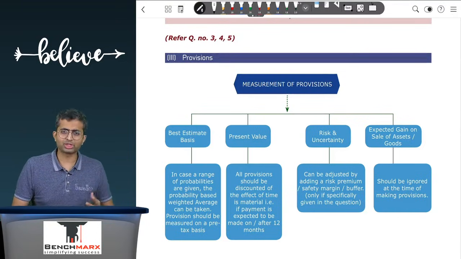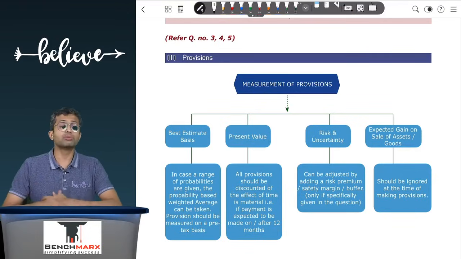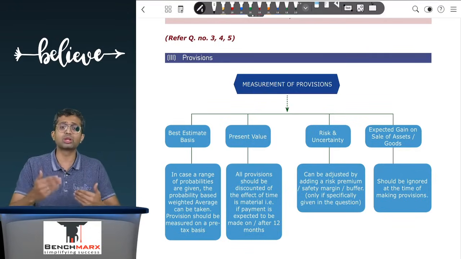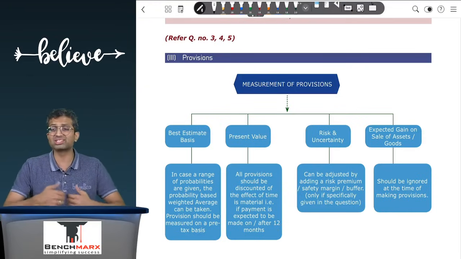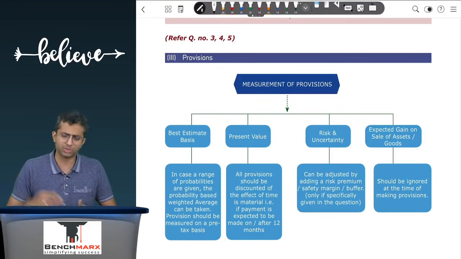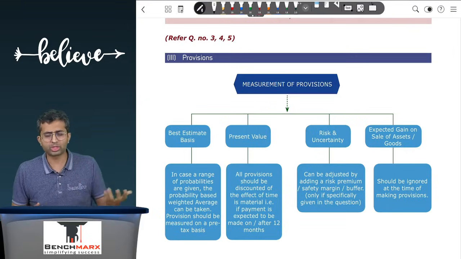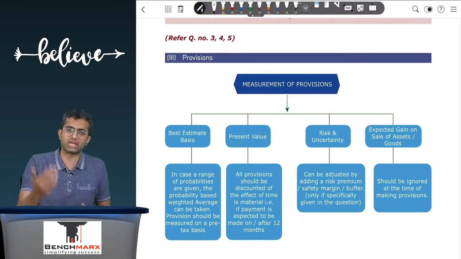So in terms of measurement of provision, the standard says you can measure the provisions on a best estimate basis. If you have a range of outcomes possible, then you can calculate the value using the expected value method, that is a probability based weighted average. However, if there are just two outcomes possible, it is also possible to take the most likely value, which is